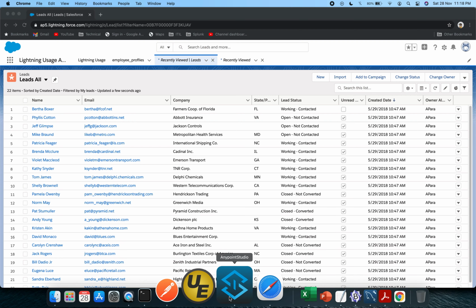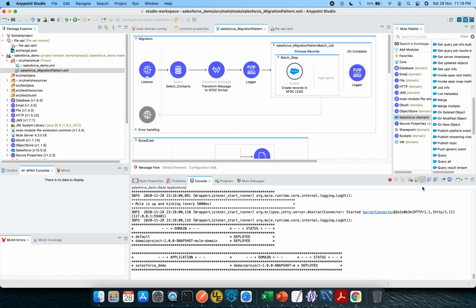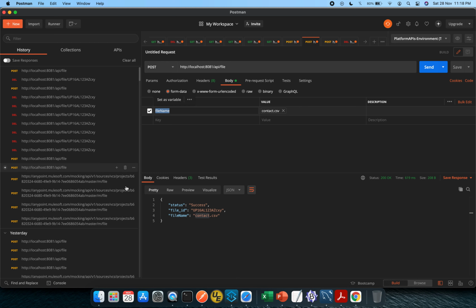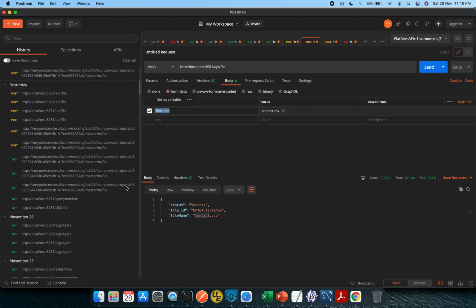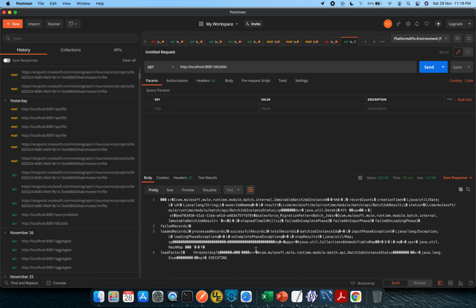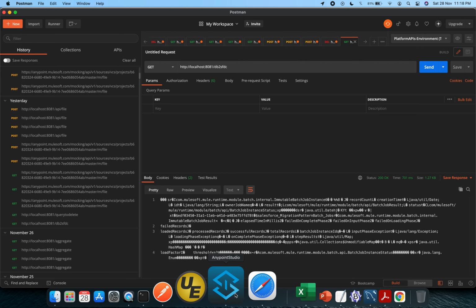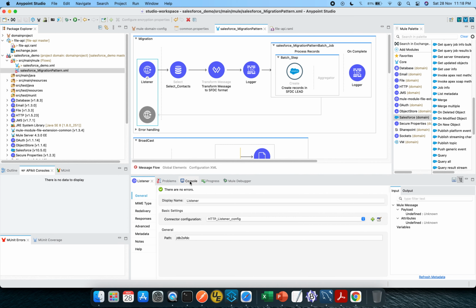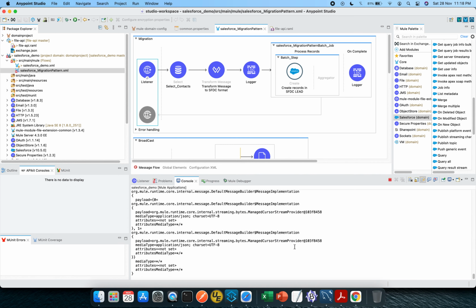So having said that, let's see the Anypoint Studio status. Yes, it is up and running. I will clear up the console, and we'll check the DB2 SFTC endpoint. Let's make a hit on this. Okay, I'm going to make a hit now. Let's see. I got some response. Let's go back to our Anypoint Studio console. It is getting updated.